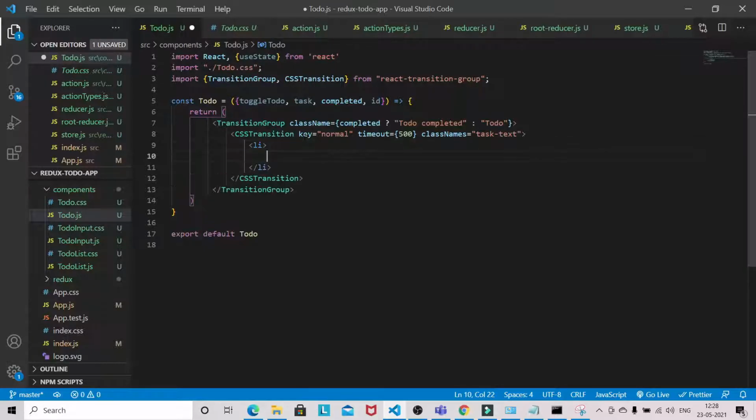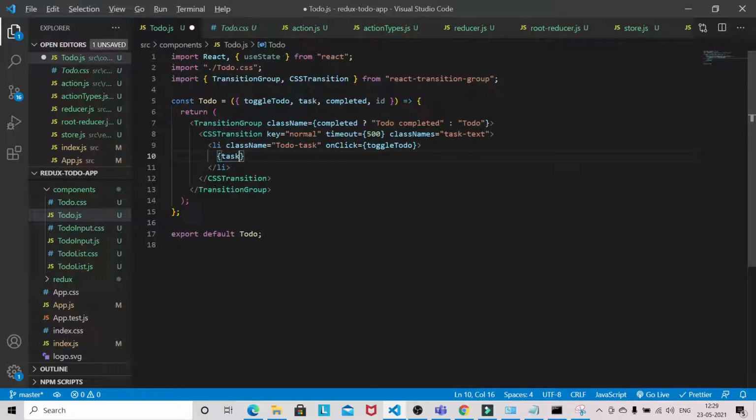The list item will have a class name todo task. On click, toggleTodo task. So now on every toggle it will basically mark that task completed.